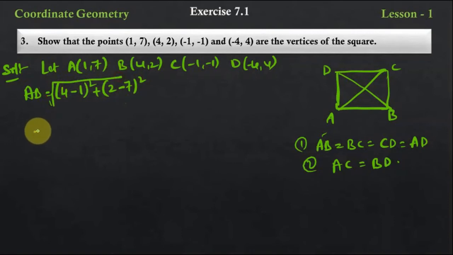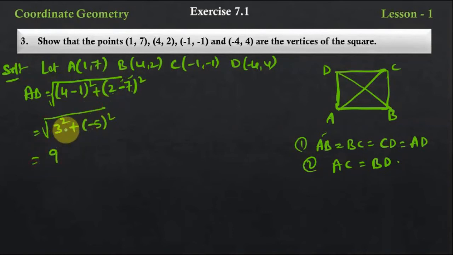Then if you subtract, you will get 3 square plus minus 5 whole square, isn't it? 2 minus 7, right? The bigger number's sign will always come. One has a plus sign, the other has a negative sign, so we need to subtract. 7 minus 2 is 5, but the bigger number is 7, so we keep the sign of that number here, okay? So under root,